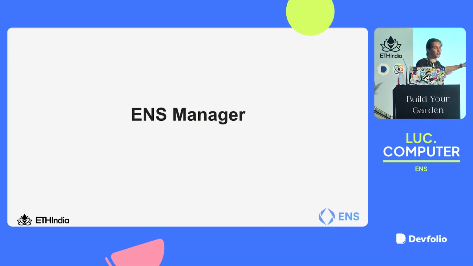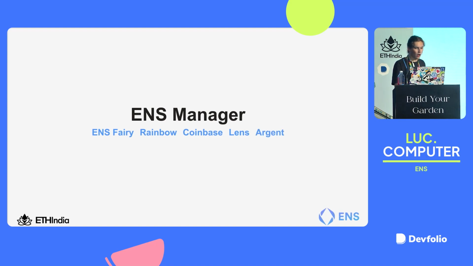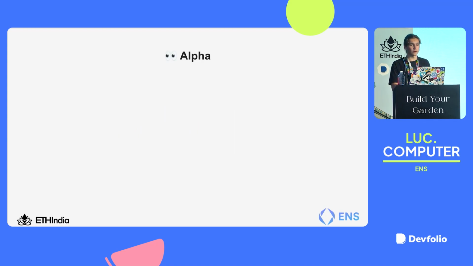But the ENS Manager is not the only place you can register ENS names. Because we're fully on-chain, there are community projects like ENS Ferry where you can give names to other people. Rainbow literally has ENS names in their wallet where you can register them, set them, edit your records, and all that cool stuff. Coinbase gives out cb.id subdomains. Lens, any lens name .xyz is a valid ENS name. Argent gives out subdomains of argent.xyz.